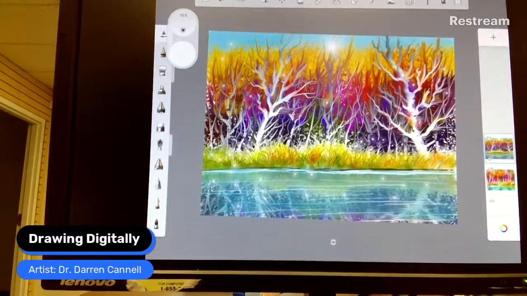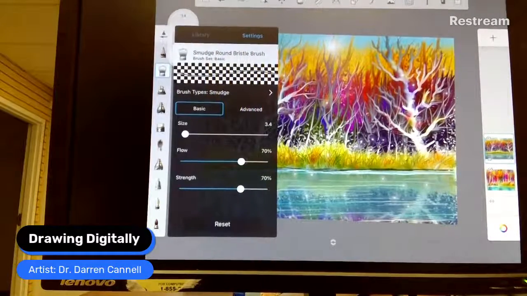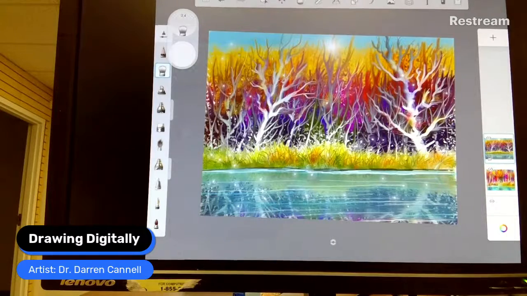And now that I've got my sparkle on there, and I actually have a sun in the middle of it, I'm not too sure I like the sun, but we'll leave it on there for now. And then I'm going to go down and start doing the finer details on it, the stuff that you have to fix. So I'm going to use a smudge tool at a very low level, and I'm going to zoom into an area